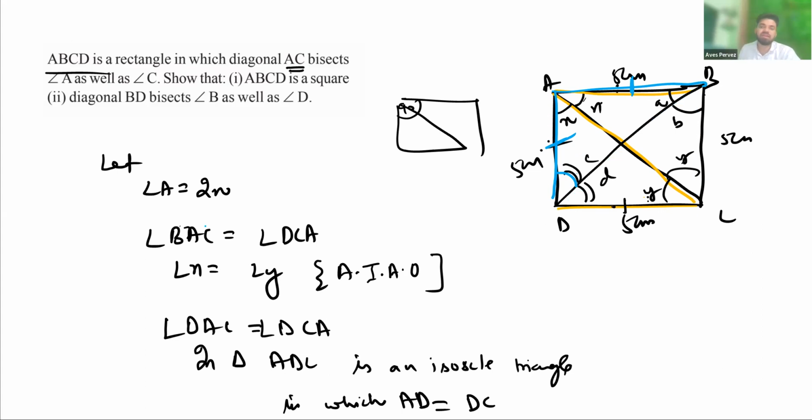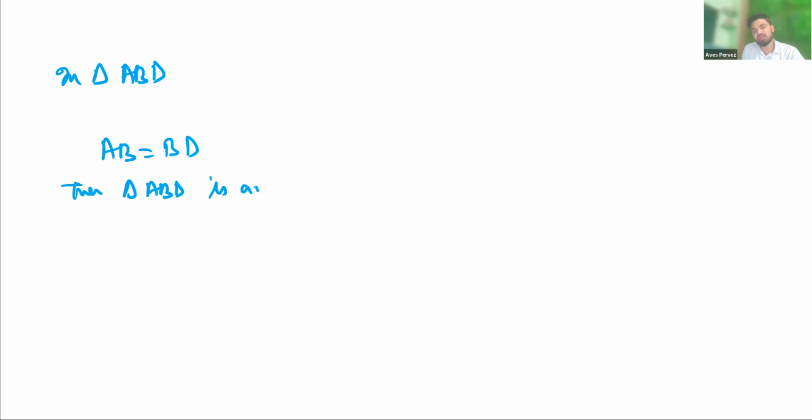Okay. So we'll write here, yes sir, in triangle ABD, AB is equal to BD. Therefore, triangle ABD is an isosceles triangle. Got it? Got it. Got it. Now